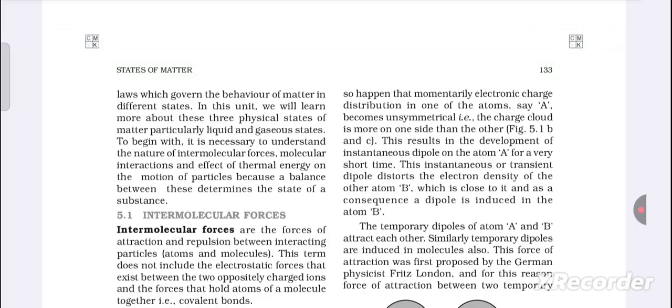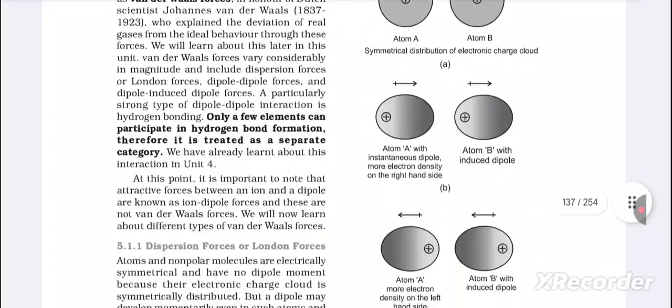The instantaneous or transient dipole distorts the electron density of the other atom B, which is close to it, and as a consequence a dipole is induced in the atom B. The temporary dipoles of atoms A and B attract each other. Similarly, temporary dipoles are induced in molecules also. This force of attraction was first proposed by the German physicist Fritz London, and for this reason the force of attraction between two temporary